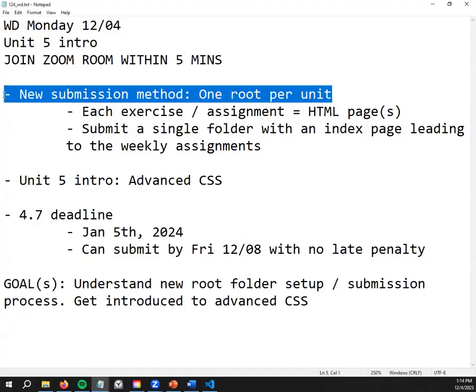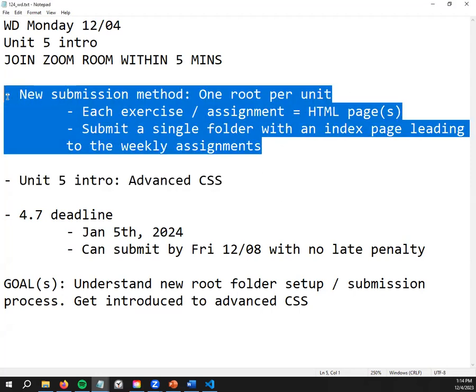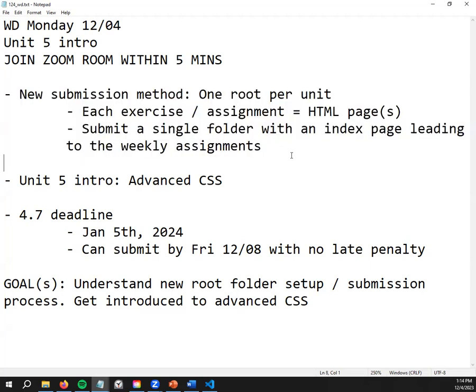Okay, so if we look at our agenda for the day, I want to focus mostly on these two ideas today. This new submission method is going to be a way that allows me to actually keep up with your grades. It is by no fault of y'all that I'm behind on grades. I'm a new teacher, and I'm learning a lot about how I like to work and what works best for you. I understand that you have a lot of assignments to do, so I'm going to make an effort to adjust that, make it a little easier for you to understand what I'm actually trying to get you to understand with web design, and make grading more efficient and more quick